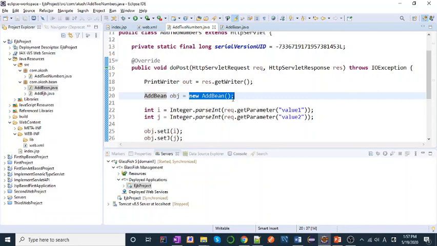So EJB is such a specification or a framework, you can say, that provides you such functionality that you can distribute your work, where you can distinguish between your client application and the server application. So what we want to achieve here is, we want the EJB container to handle